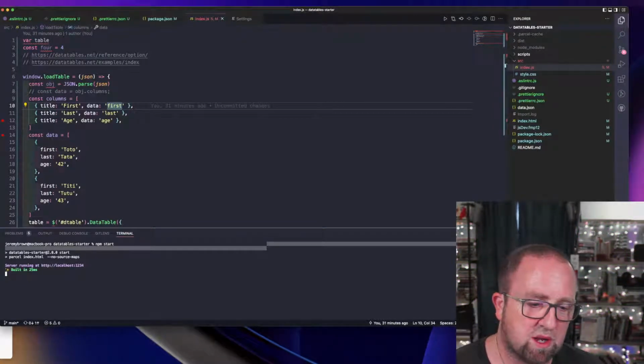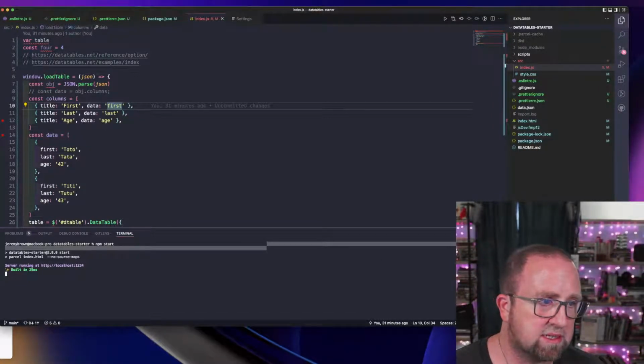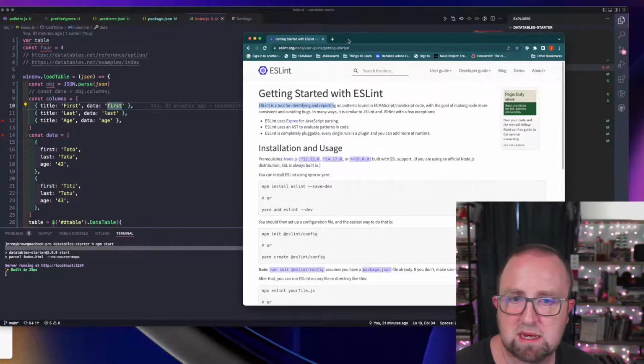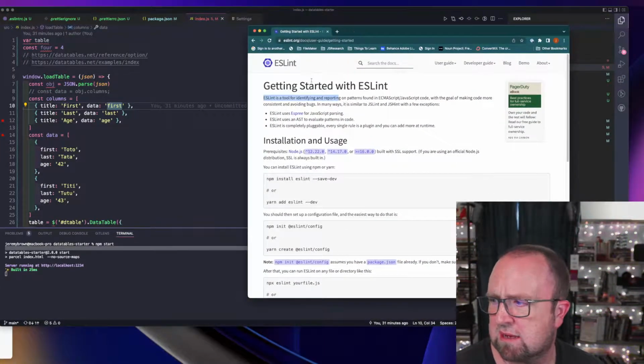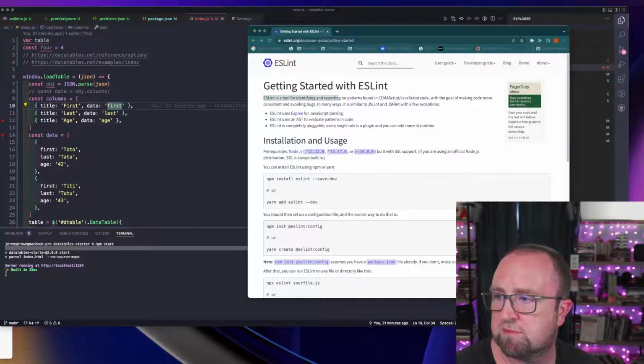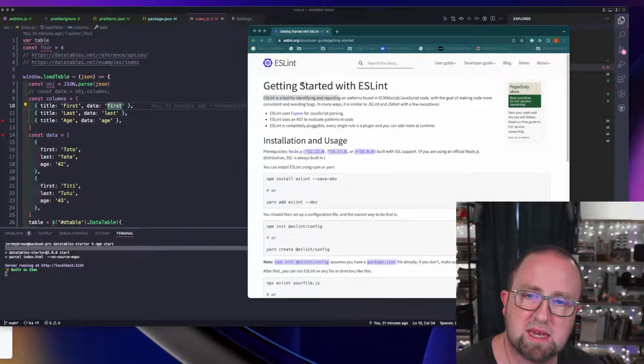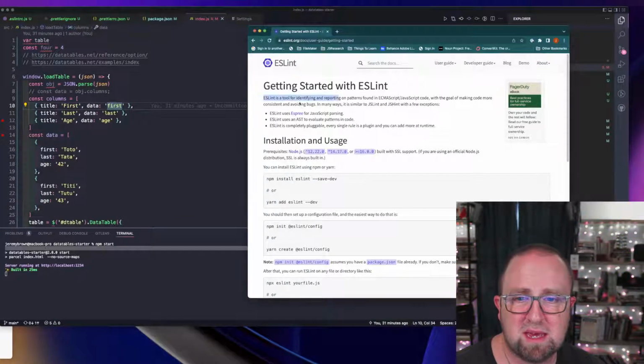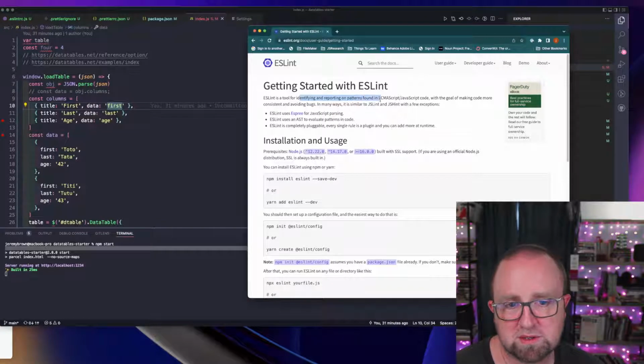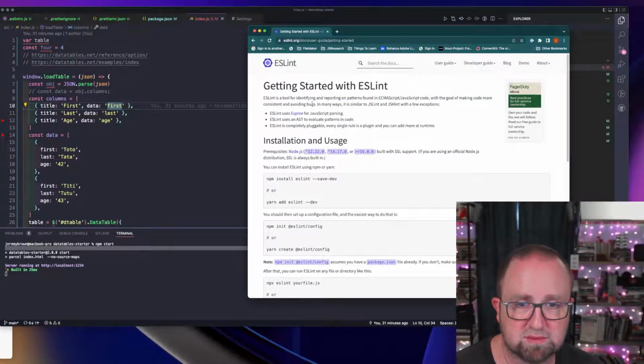So here's what's going on. As I understand it, ESLint is an application, I don't know, a server, it's something. It's a tool, I guess. It's a tool for identifying and reporting on patterns found in ECMAScript JavaScript code, with the goal of making the code more consistent and avoiding bugs. Okay,